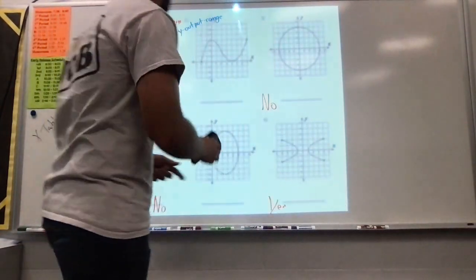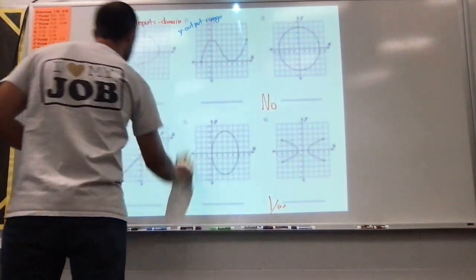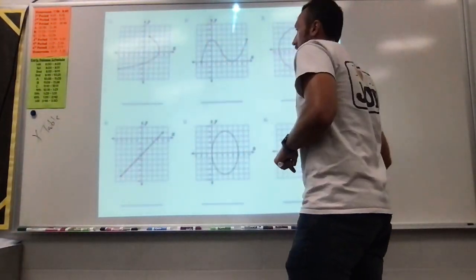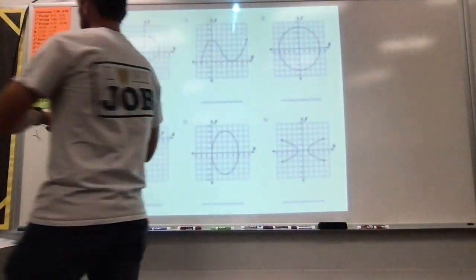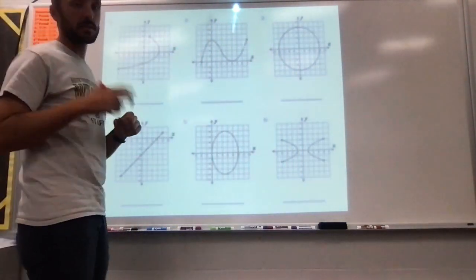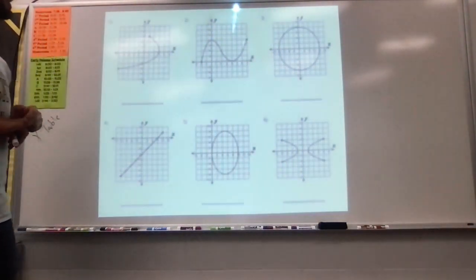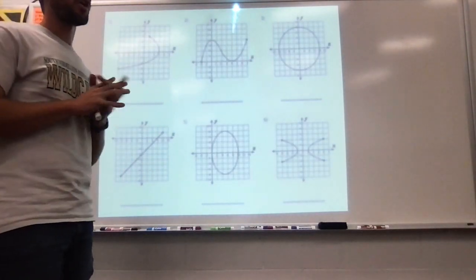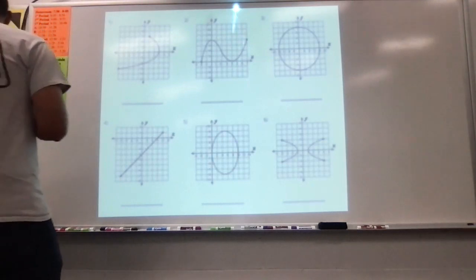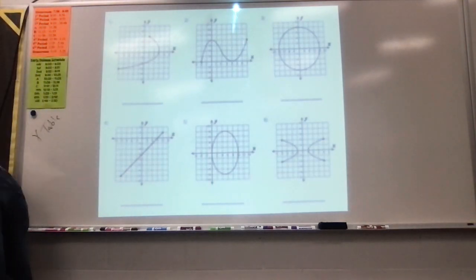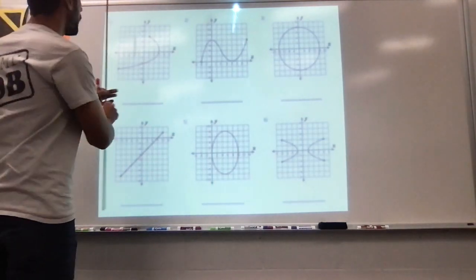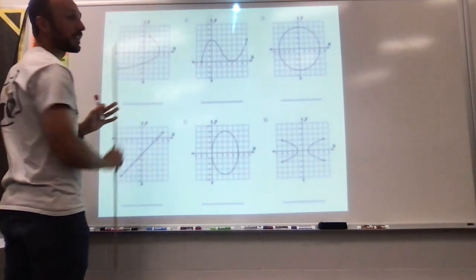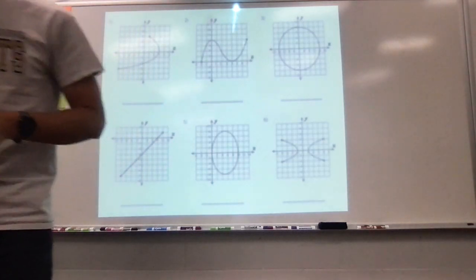Now we're moving to graphs, and graphs are the easiest ones to tell if they are a function. That though was first. If you were in school right now, second period just ended, you'd be moving on to third period. With all these graphs, to determine if it's a function, all we have to do is apply the vertical line test. And what that means is if I draw a vertical line, and at any point it touches 2 points on the same graph, it is not a function, because that means the same input has 2 different